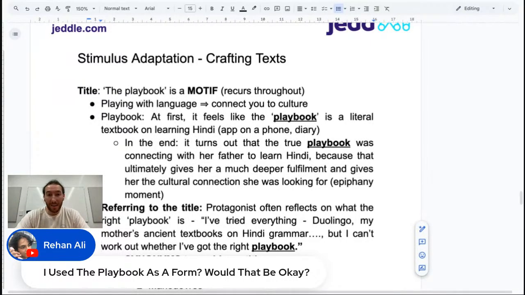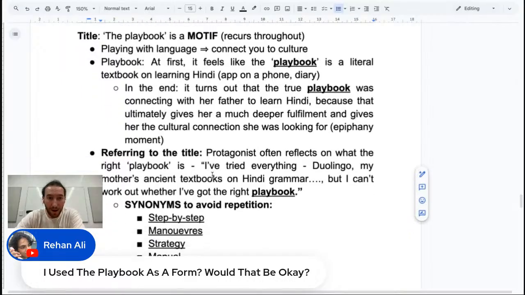Yes, you could do that. That's very creative, and interpreting it as the form is something you can do. So you can even within the playbook refer to the playbook. Like, the playbook is the step-by-step. Step one, I'm trying to learn Hindi via this book or this app or something, whatever you had in your original piece, right? Step one of the playbook wasn't so successful. Step two, so you can actually structure the piece like a playbook. I really like that. It's very creative.